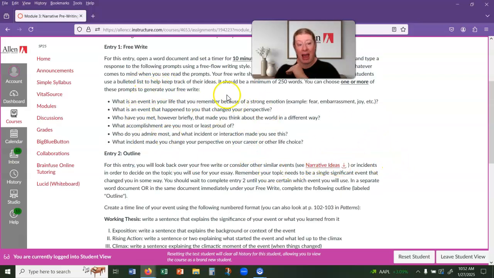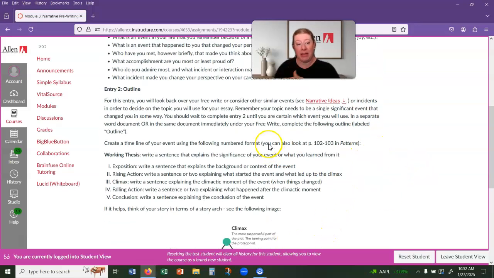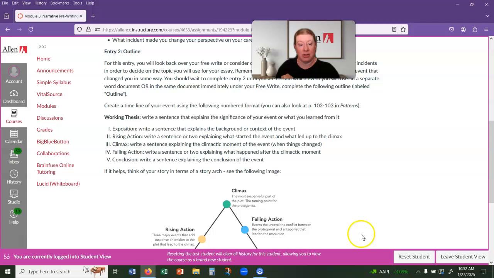You don't necessarily have to use something from your free write for your essay, but that's sort of the purpose of the free write. So most of the students will come up with something in the free write, and then that turns into the outline. So for your outline, you write out a working thesis, which will probably not end up in your essay because, like I said earlier, that implied thesis is typically what students use,